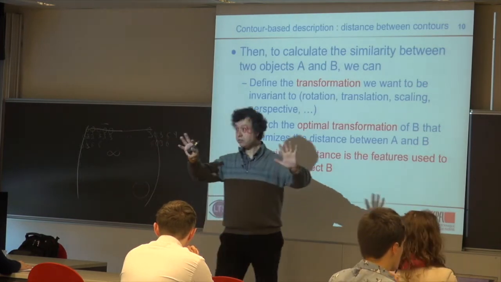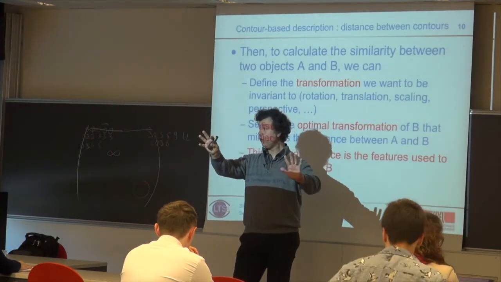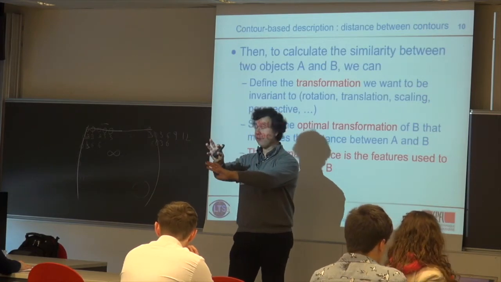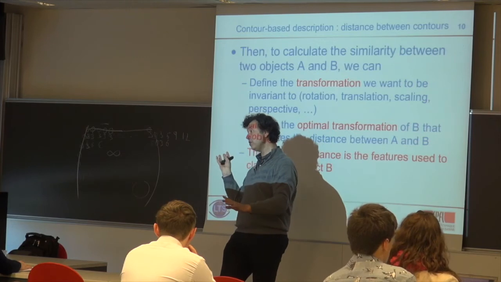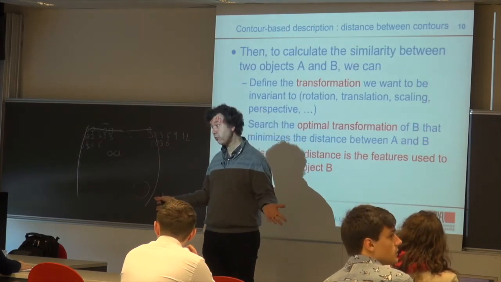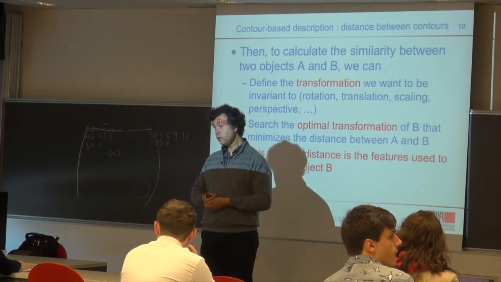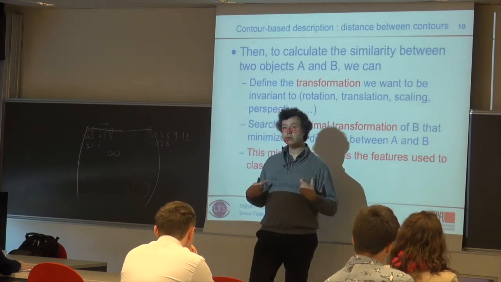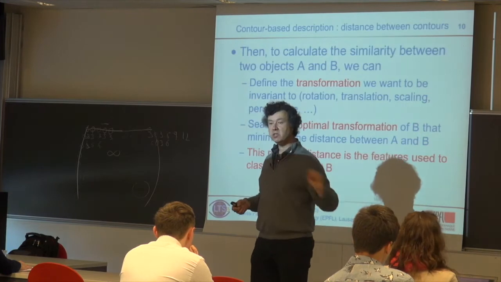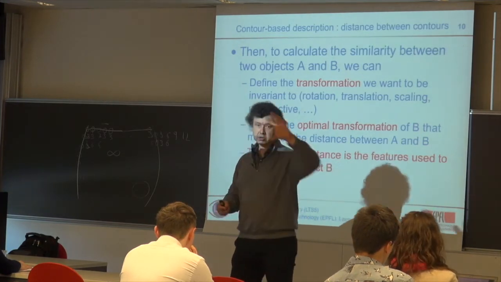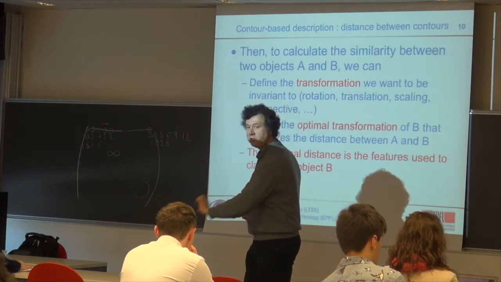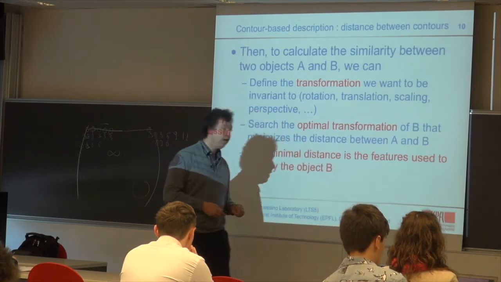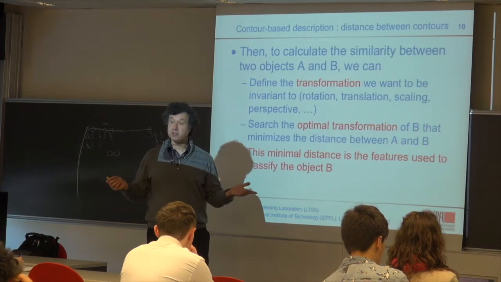So you have parameters, which is the position and the rotation of your object, and you want to find in those parameters what is the value of the parameters that minimizes a function, the function being the distance. So you have a classical minimization problem. Okay? So you have to iterate, yes. But now if you have this tool, you can say this image is a cat or a dog because you can calculate the similarity between a prototypic image of a cat and a dog. Okay? And then your feature is just the distance. It's a 1D feature,